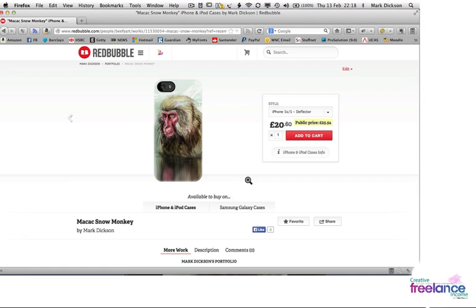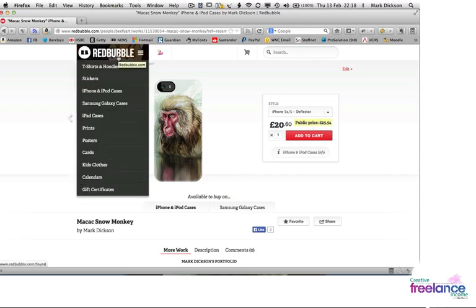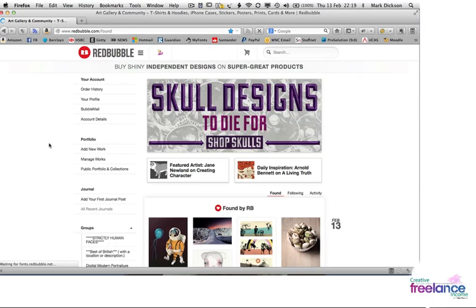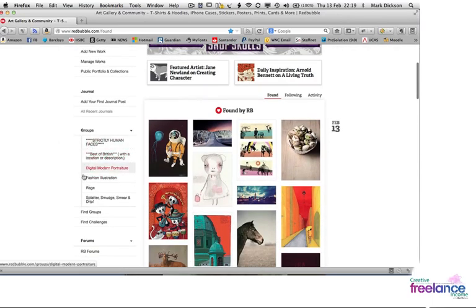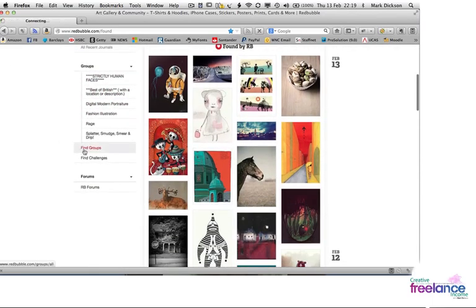An easy way to do that is to find a group that's around the subject that we've got here. So we want to find some groups that have got something about monkeys. So if we go back to the Redbubble main page, to the home page, and then scroll down, these are the groups I'm already in. But if I go into here and put find groups,